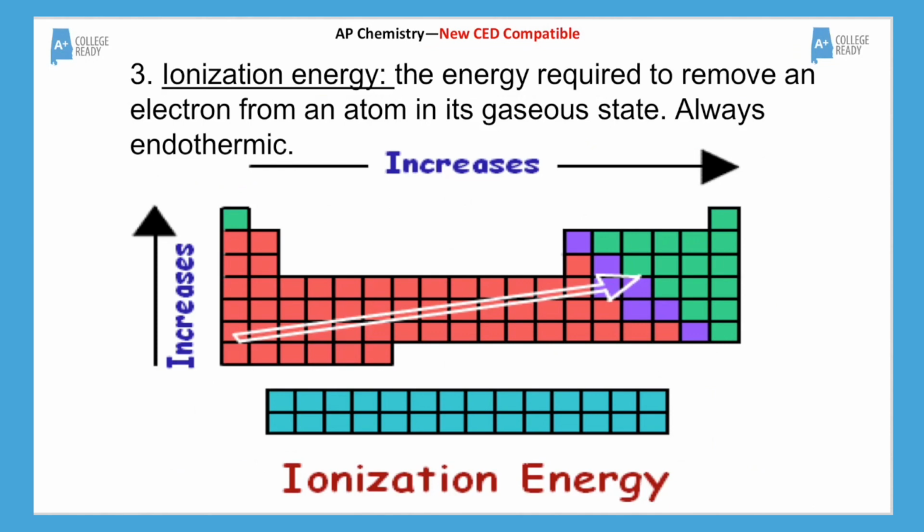Okay, then we're going to get to number 3, and here's the definition of ionization energy. We kind of saw this and talked about it briefly with PES. This is the energy required to remove an electron from an atom in its gaseous state. Notice it's endothermic. We'll talk about that later, but that means it has to take in energy, and we'll get into a lot of details with endothermic as we get to Unit